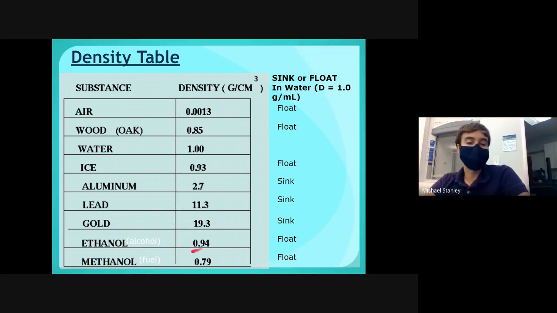The ethanol, this fact, is one of the reasons they're able to do flaming shots at a bar. If you've ever seen anybody order a flaming shot or a flaming drink, the way they're able to do that is because ethanol, which again is the alcohol that you drink, floats on the top of water or things that are mixed with water or other types of mixers like you might have in a shot or a drink. So when they're getting ready to make a flaming shot, bartenders will pour a little bit of an extremely high alcohol drink like Everclear or Bacardi